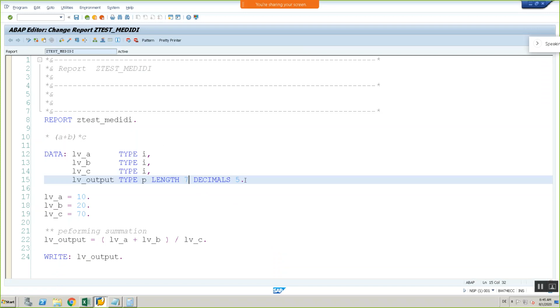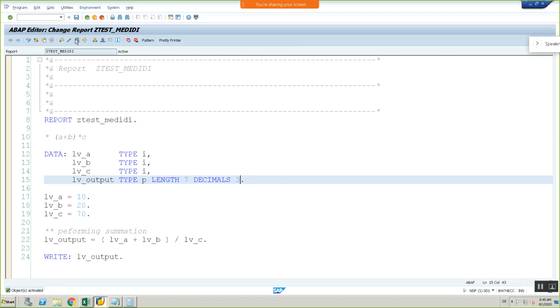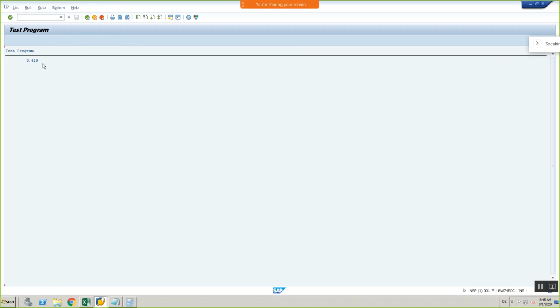Actually decimals will be taken from the length only. Here the length is 7, and out of this 7, I am taking 5 places for decimals, that is, after the dot. So now we have given 3 places for decimals. Decimals 3 means 0.473.